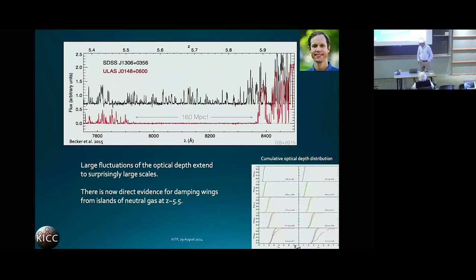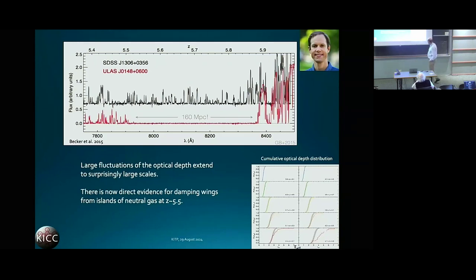And what else is going on is that we actually already had these spectra that told us that reionization ends about at that time, and that some regions are much more neutral than others. And I think meanwhile we're quite sure that at these redshifts, at a redshift of 5.5, there still exist some neutral islands left, and we see the tail end of reionization just in front of our eyes in these beautiful spectra.